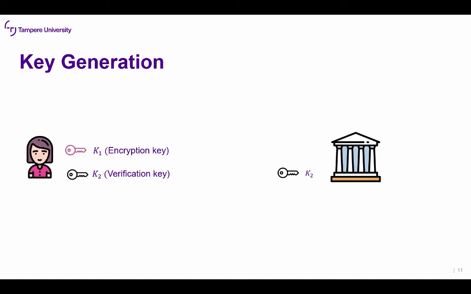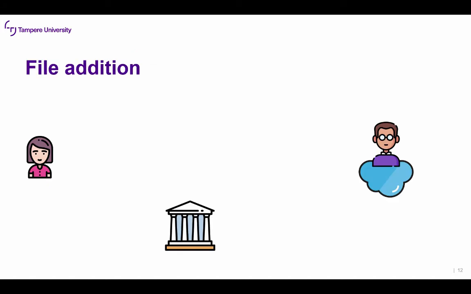K2 is shared between Alice and the TA. The key sharing protocol is not in the scope of this work, though. Now, Alice starts adding files to the CSP. Now, what's important to note here is that